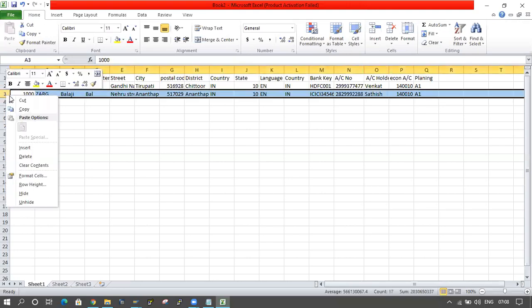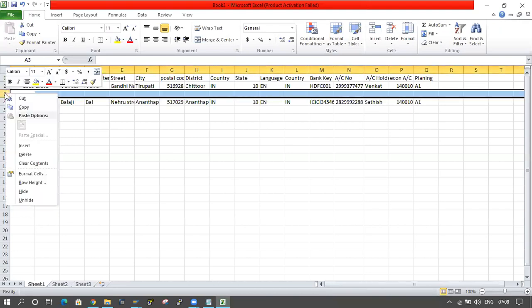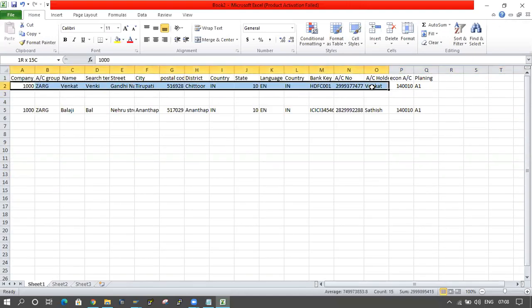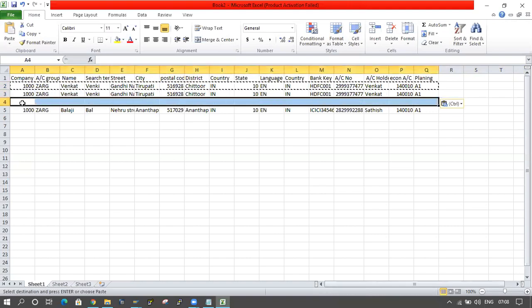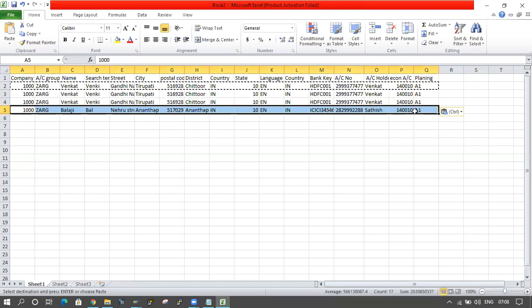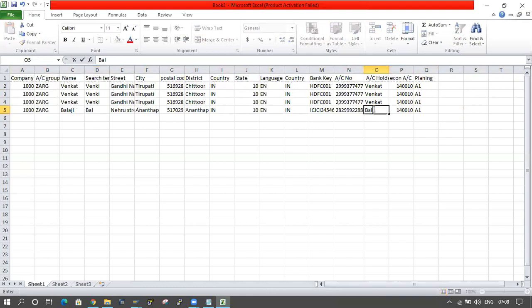I'm maintaining the Excel sheet here. So the customer name is Venkat, and I'm maintaining three bank details here for him. And Balaji I'm taking here.